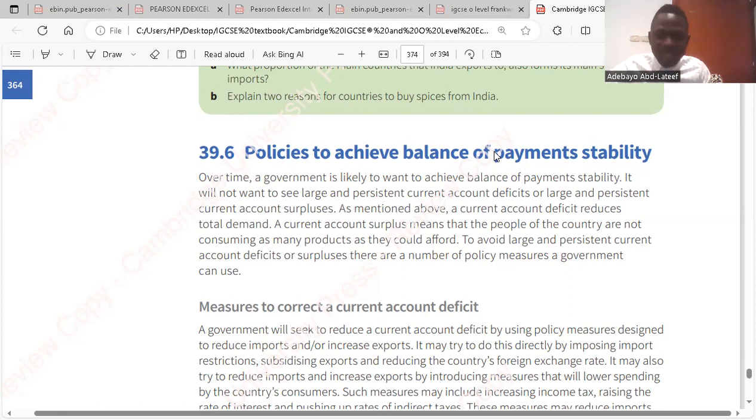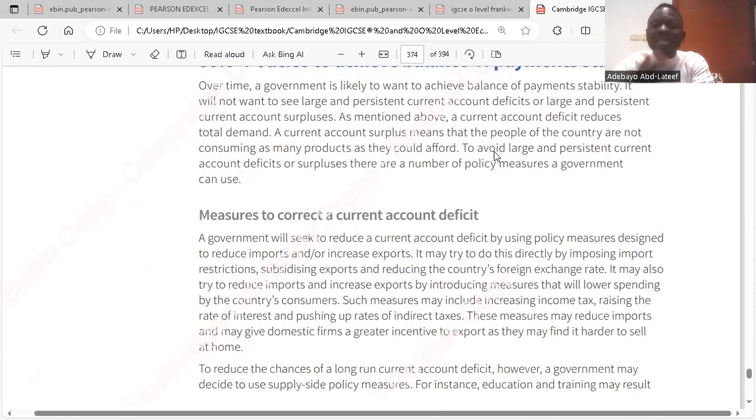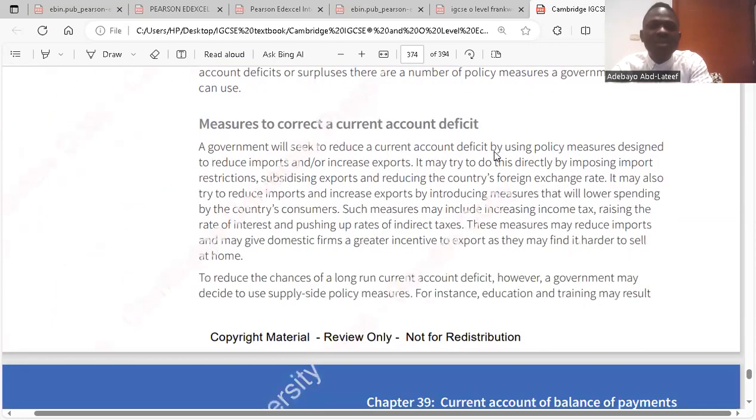So as mentioned above, let's just see what government should do to avoid this, measures to correct a current account deficit. A government will seek to reduce the current account deficit by using policies, measures designed to reduce imports or increase exports. So to reduce current account deficits, government could use reduction in importation or increase in exportation. Policies like